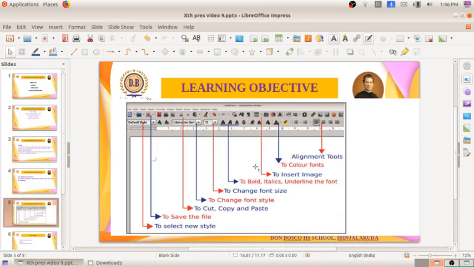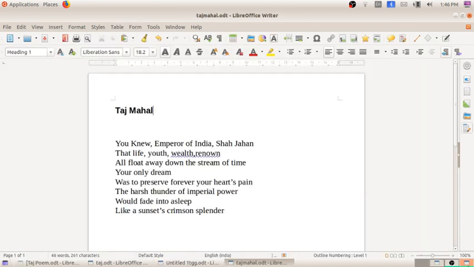And the third one, what they are asking is to cut, copy and paste, which we have already studied, right? We have already studied how to cut, copy and paste. When I select these two lines, you can see these three options are enabled. This scissors icon is for cut, this is for copy, and the third one is for paste. We all know the other methods also, how to copy, cut and paste.